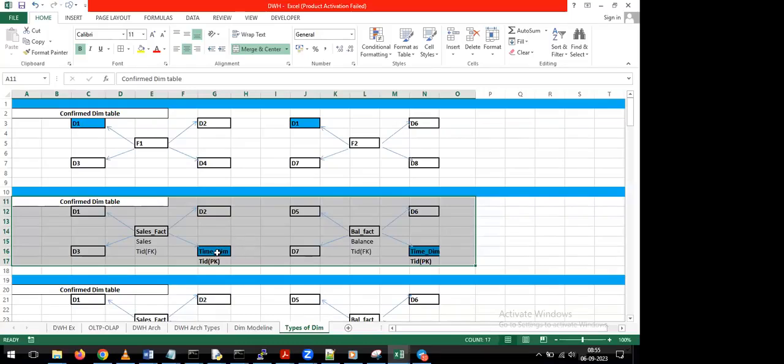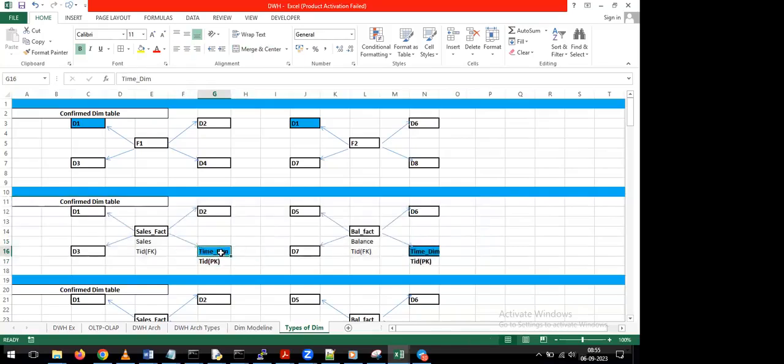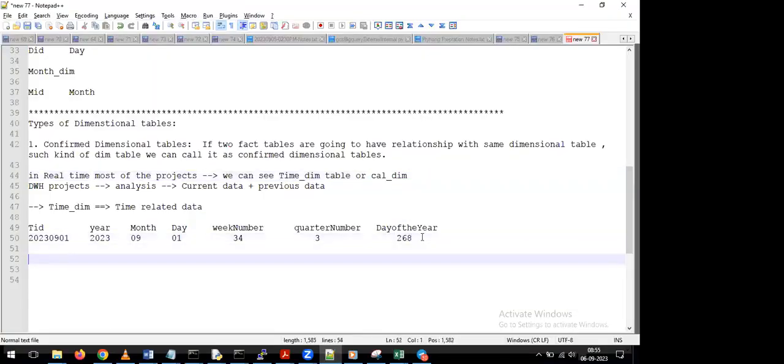Obviously, our time dimensional table, because both the fact tables have a relationship with the same time dimensional table. That's the reason we can simply call this time dimensional table a conformed dimensional table. Now, actually, in real time, in the requirement document, they are going to specify this table will act as